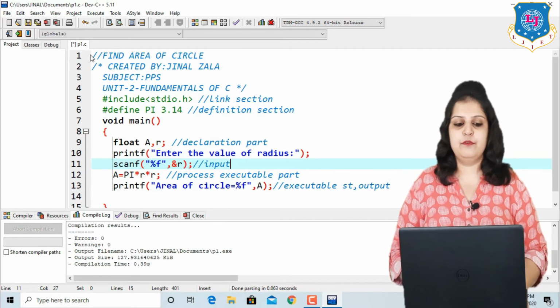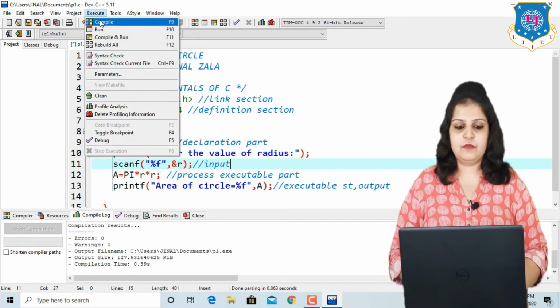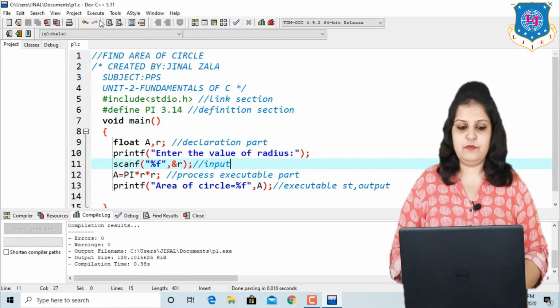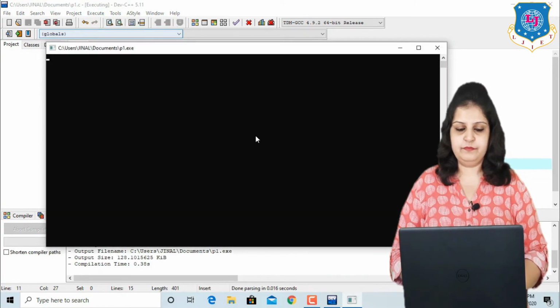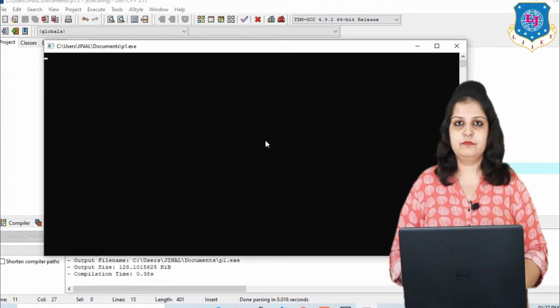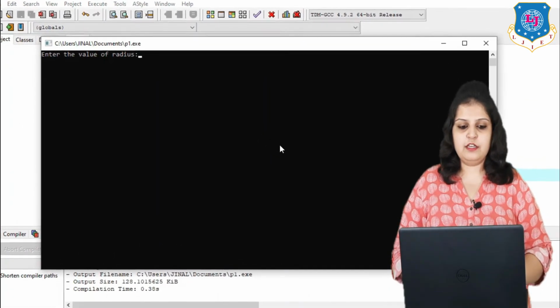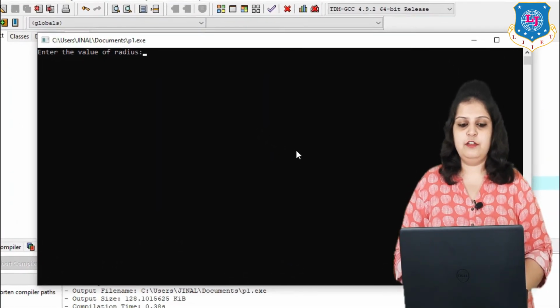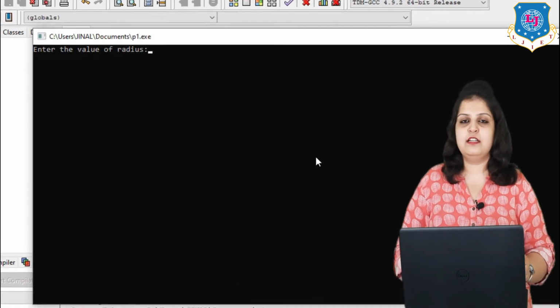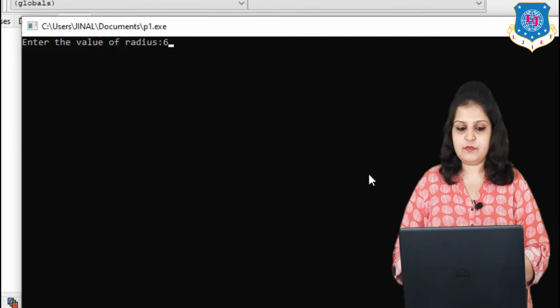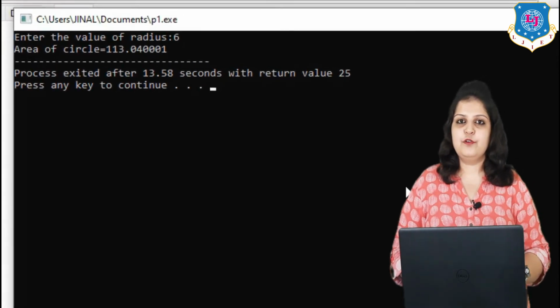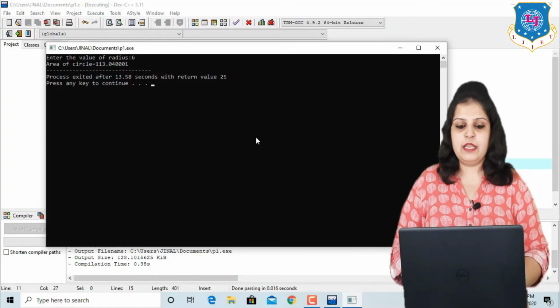Now compile the program. You can see the difference between both the methods, and run the program. Here you can see in the output it will first ask you to enter the value of radius. So I am entering 6, and then it will show you the area of circle.